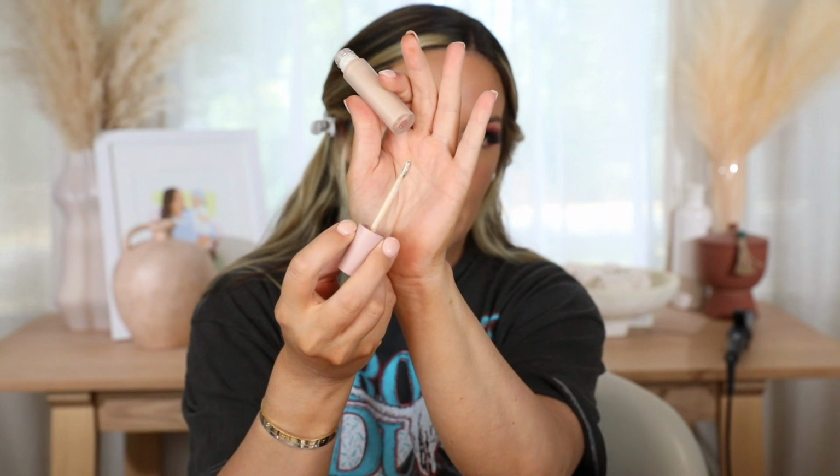I have this shade here in Almond Milk. This is the one I'm going to use for underneath my eyes. The rest are like more of a tan color, and you can see that cooling wand right there. That is so innovative and cool. I don't think I've seen a concealer with that. It's definitely cooling, that's for sure. I have no idea how much I need. I do feel like I have to dip in quite a bit with it,